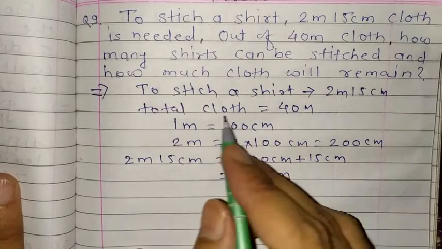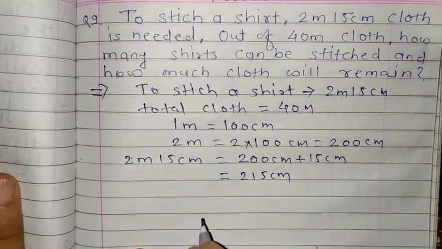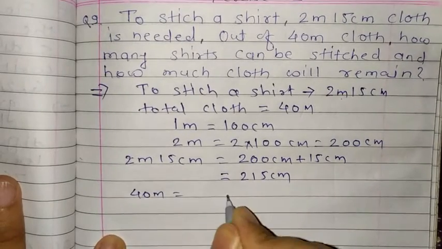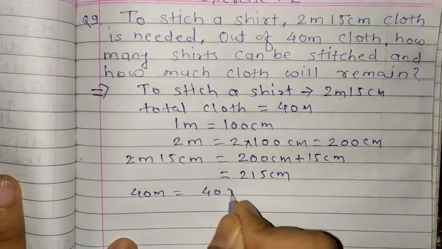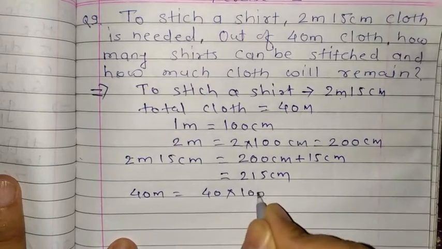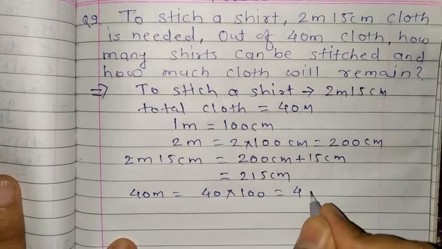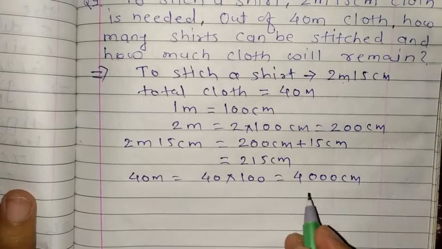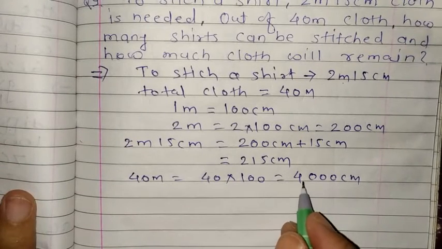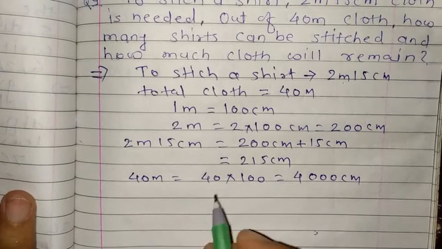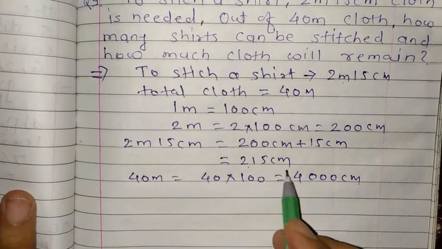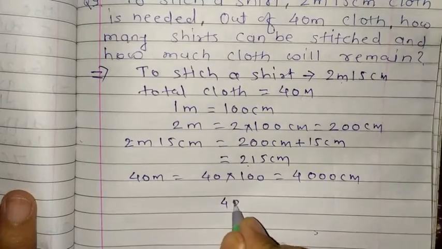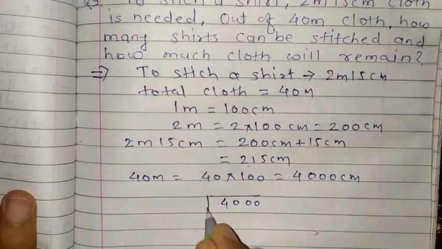After that, they have given total cloth is 40 meter. So the next value is 40 meter, convert into centimeter. 40 into 100, the same procedure, is 4000 centimeter. So here the total is 4000 centimeter and for stitching it requires 215 centimeter. So you have to use the divide operation. 4000 divided by